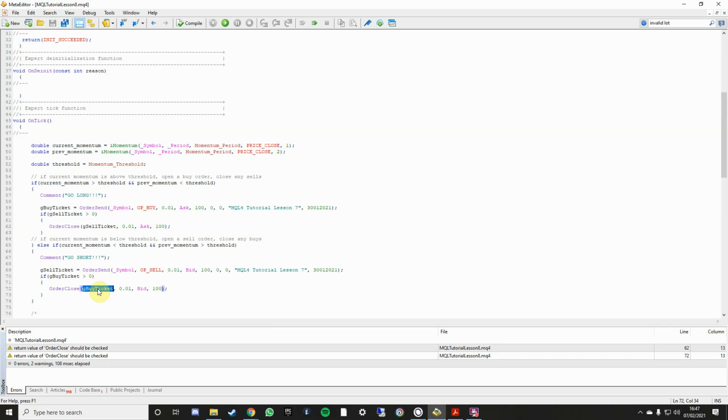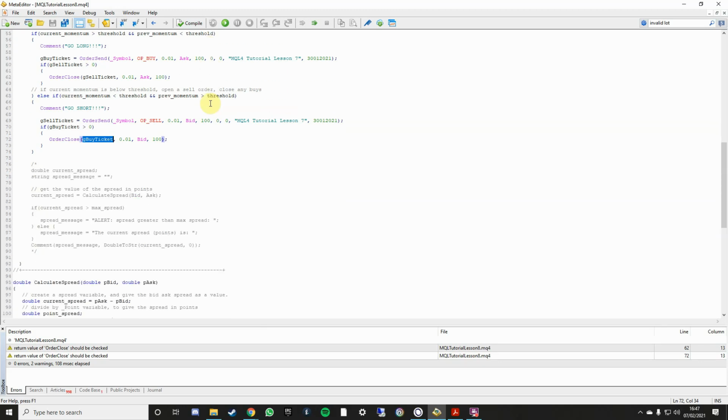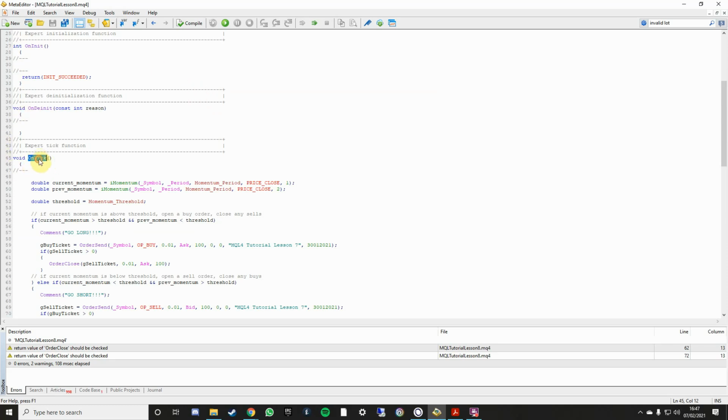We need to now limit the EA to only run on a new bar. As you can see, we've got the onTick function, which is inbuilt into the EA, and this